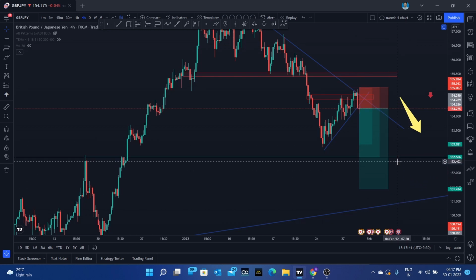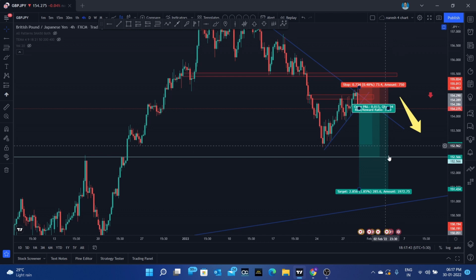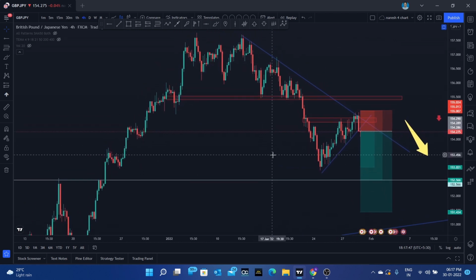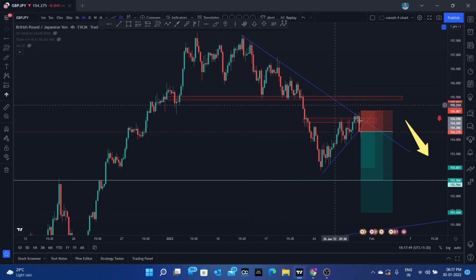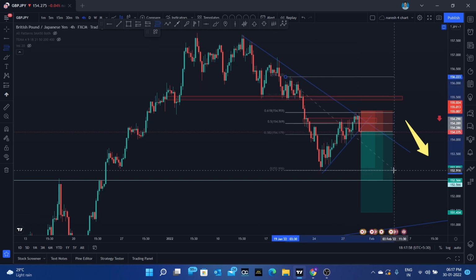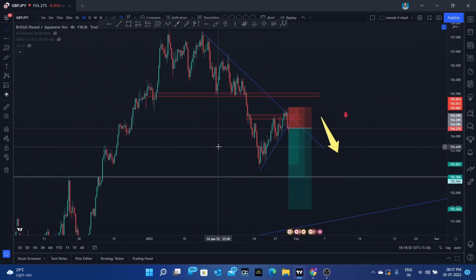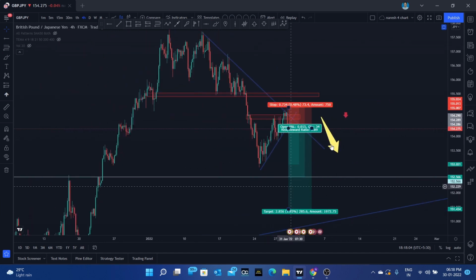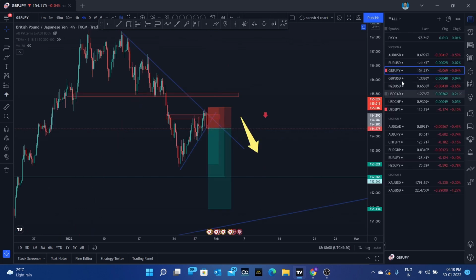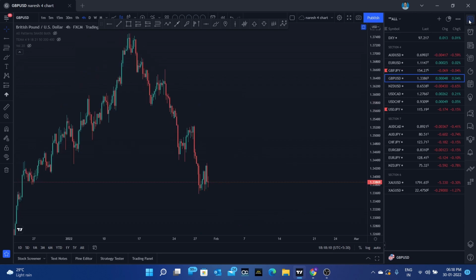But I will always try to trail the stop loss after the hitting of these two targets, guys. That is my plan. Why I'm taking this trade: you can see the trend line and it is already in downtrend, and we have 50% retracement and 61% retracement as well, guys. So I'm pretty sure it is going down, and I have already taken this trade in GBP/JPY as well, guys. So next would be GBP/USD, guys.